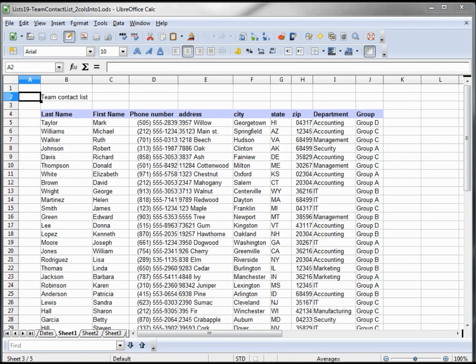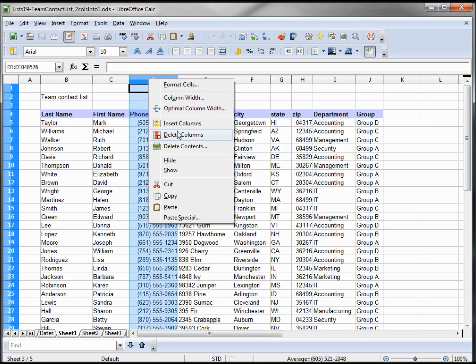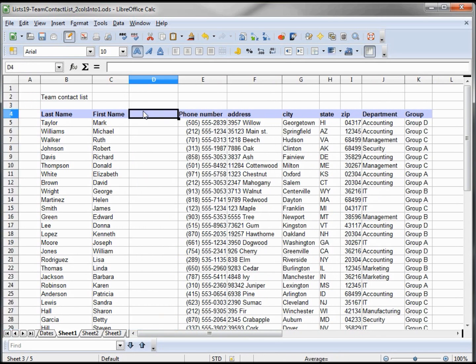Now this one is actually based on a real life situation. I had somebody at work come in and ask me how to split up the columns into two separate columns. The names were both together, last name, comma, first name. Since we don't have that, I'm going to add it in right here. So I'm going to insert the column, and I'm going to call this last, comma, first.